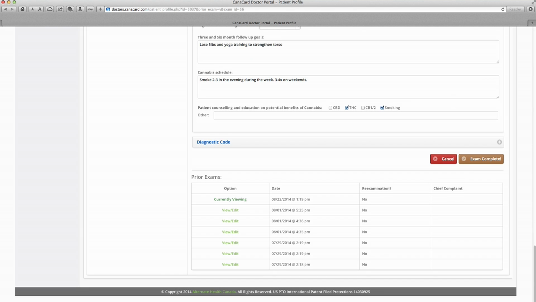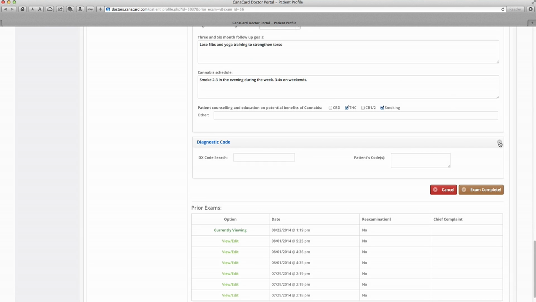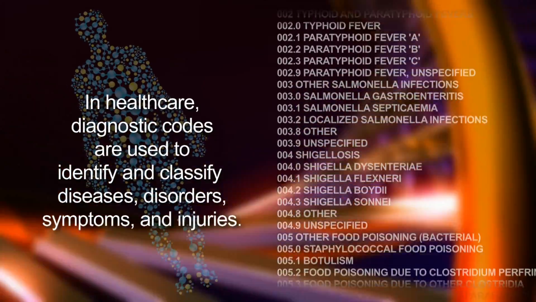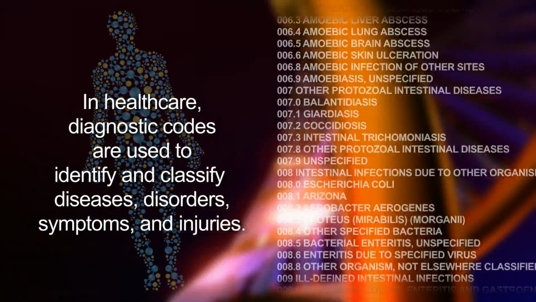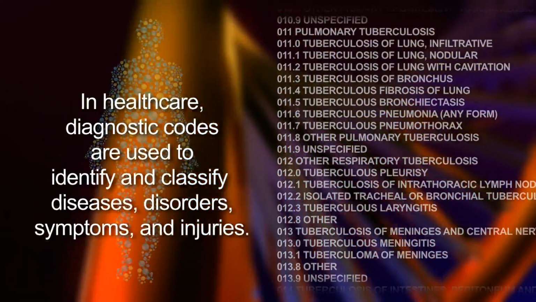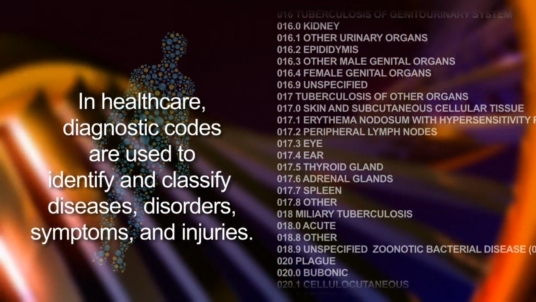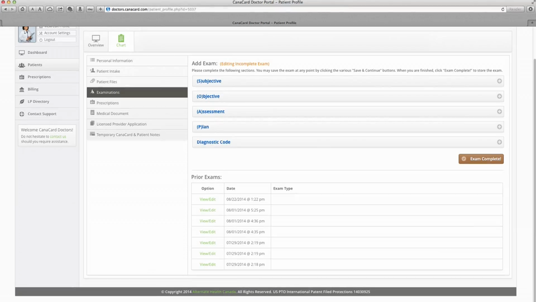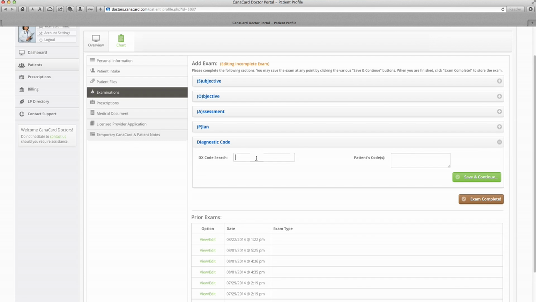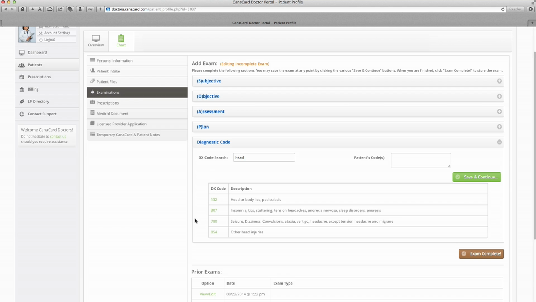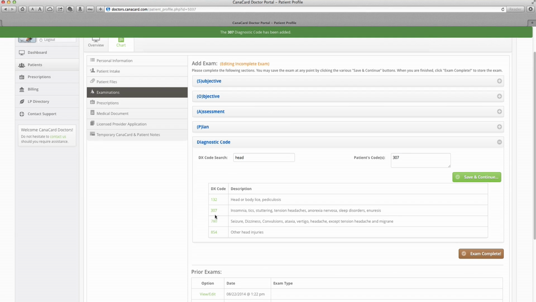The CanaCard system is equipped with an intelligently built search query which allows doctors to locate a patient's diagnostic code. In healthcare, diagnostic codes are used to identify and classify diseases, disorders, symptoms, and injuries. To conduct a diagnostic code search, the doctor simply enters the first few letters of a condition, and the system's autocomplete function does the rest. The doctor can easily select the diagnostic code from a provided list, which will automatically add the code to the